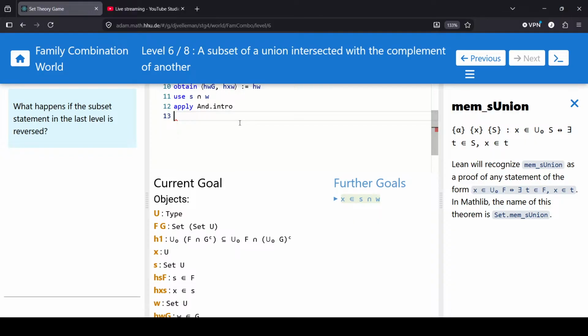I don't know, if there was a J, for example. If we had J in U0S, or sorry, U0F inter G compl. So if we had something like this, that would translate to